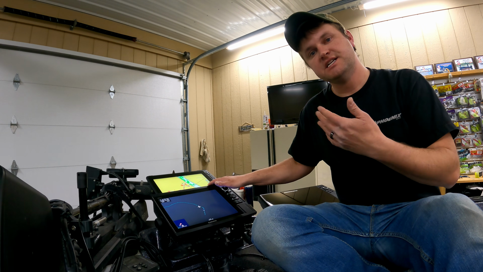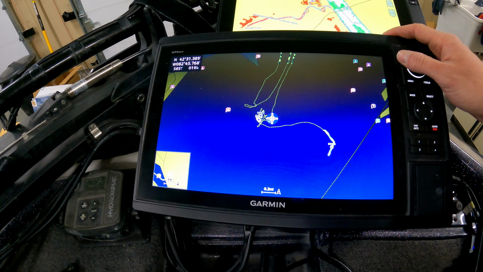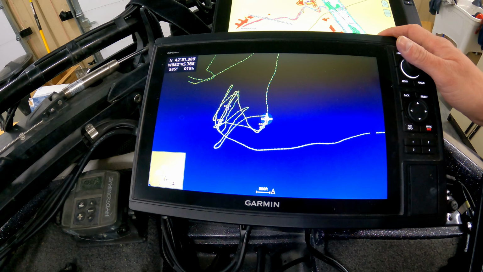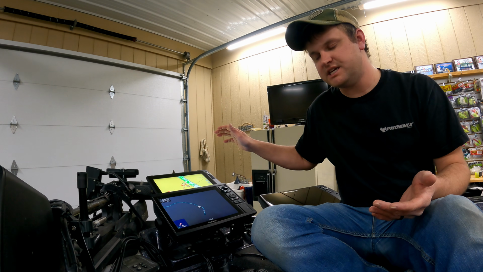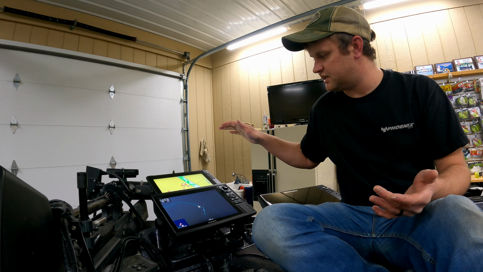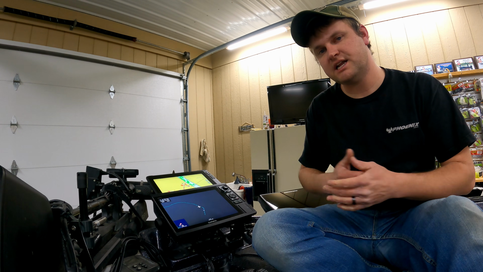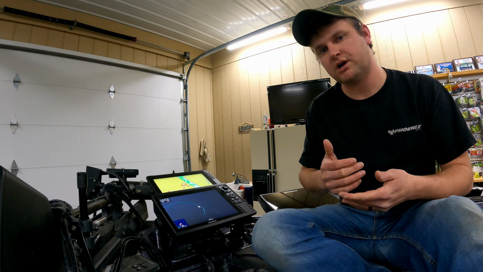We're going to go through the different ways to edit the tracks, change the colors of them, change the names of them. We're going to talk about how to change the waypoints and change the icons or the colors of each of the waypoints. So let's start out with the waypoints and then we'll work our way to the tracks,